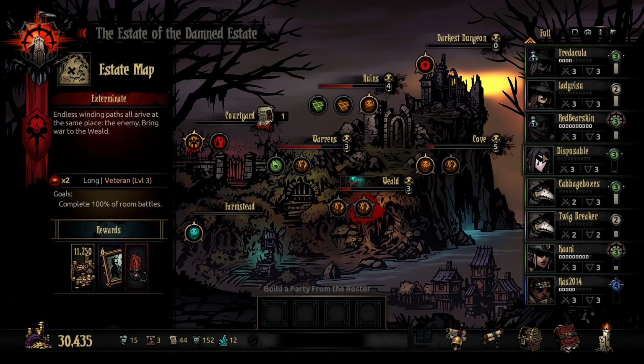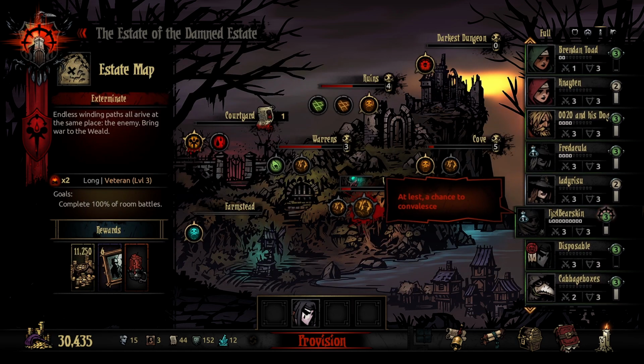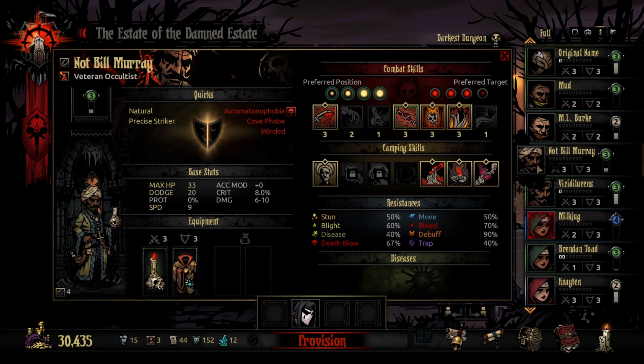I think we should bring the jester though. We brought the dog on the last one, bring the jester on this one. Intense craving for alcohol, obsessed with killing. Somewhat nasty, but he does have quick draw and damage bonus versus unholy. I don't know if the enemies here are unholy. No, they're not. Human eldritch. If they're human eldritch, we might want to bring out like a...